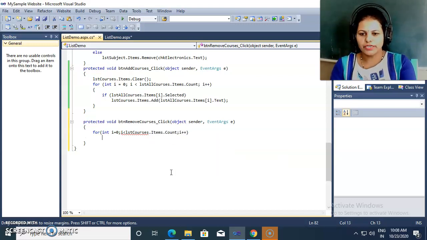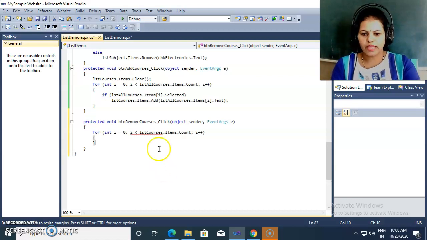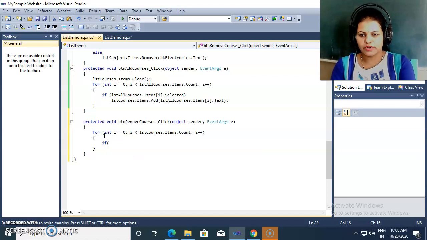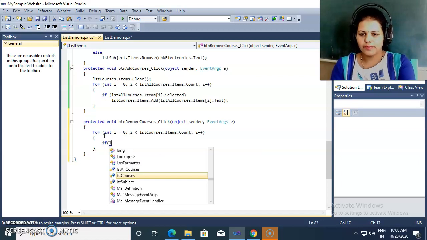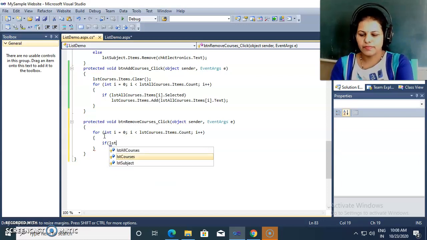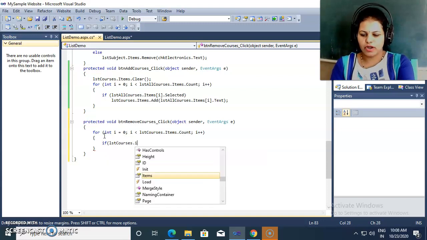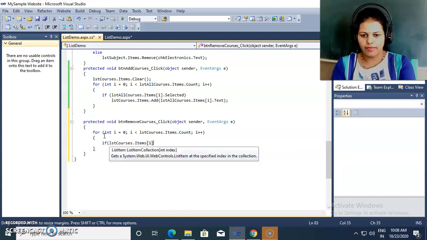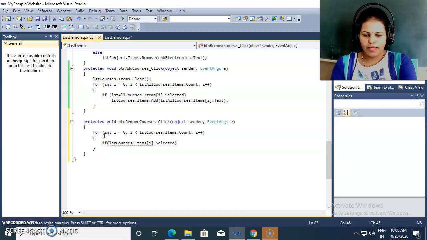All items we need to traverse and check whether the ith item is selected or not. If lstCourses.Items[i] means the ith item is selected, then what do we need to do here?